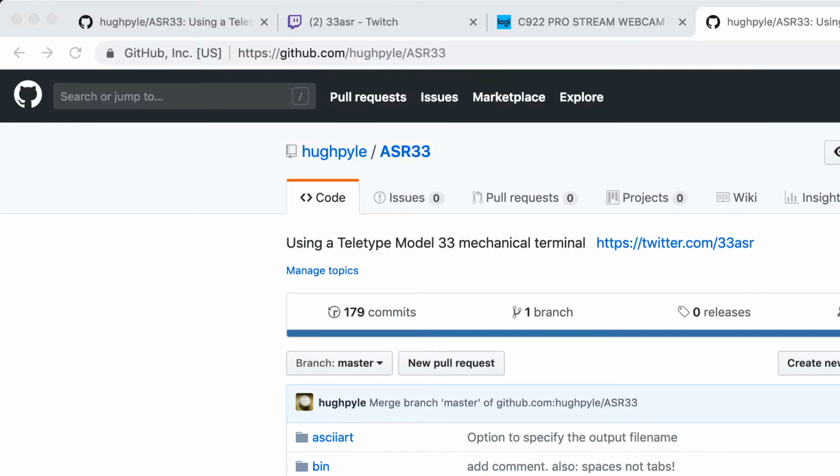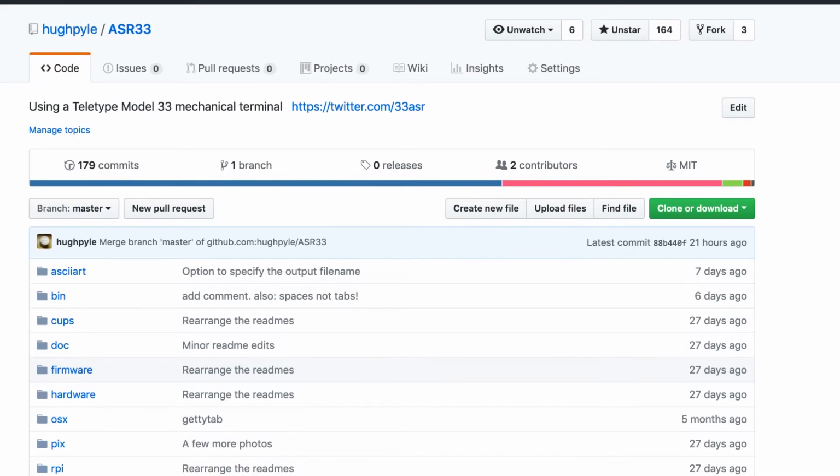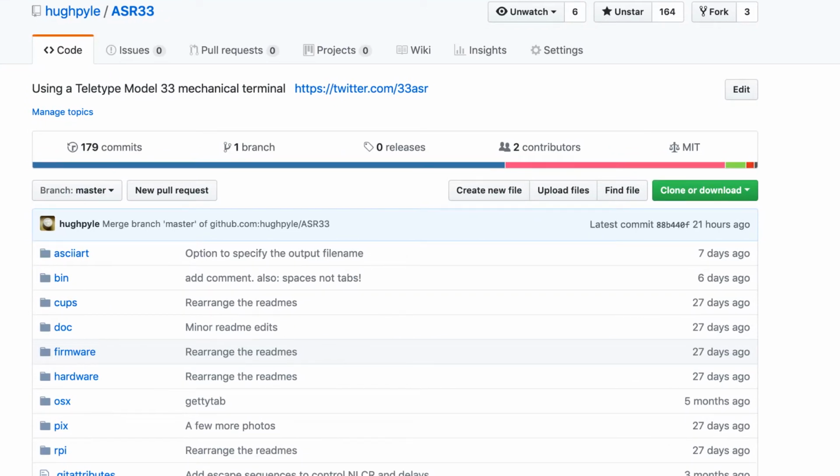Run. And here's a web browser. Okay. Now, inside of this web browser, under pics,